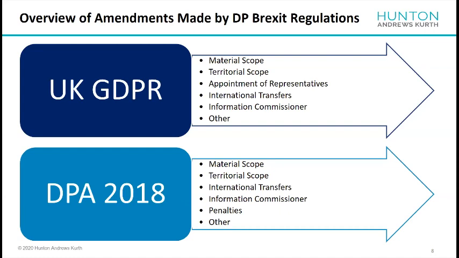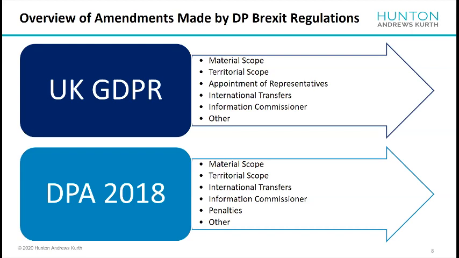Just then returning to the list, the Information Commissioner, you need to note that the ICO's role will change from the 1st of January. And so to reflect these changes, the Brexit regs remove a swathe of Articles 60 to 76 of the EU GDPR from the UK GDPR. And then otherwise, there are a number of really what I would describe as housekeeping amendments so that the UK GDPR works as standalone UK legislation. And there are some other amendments that make the UK GDPR fit with the DPA.